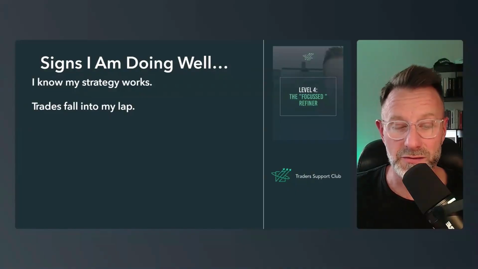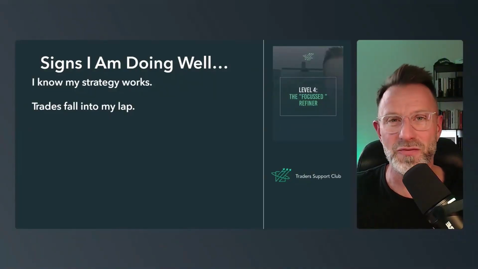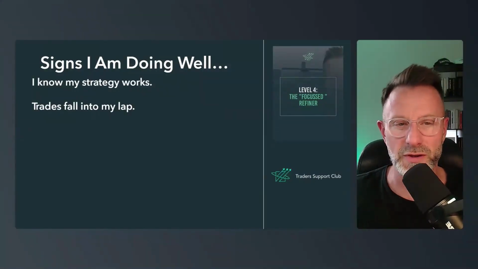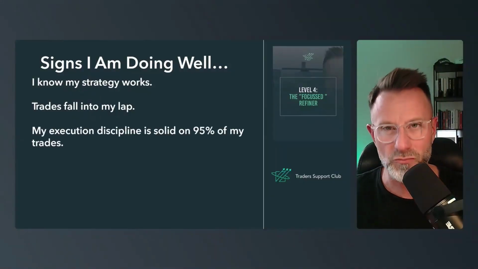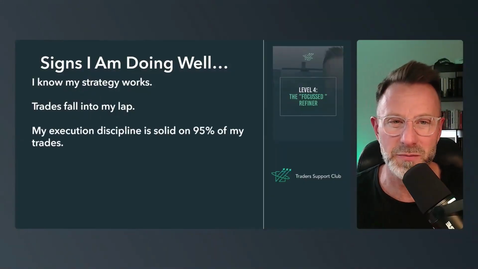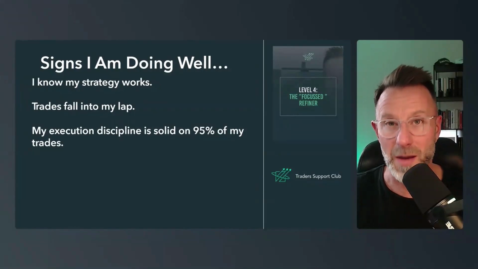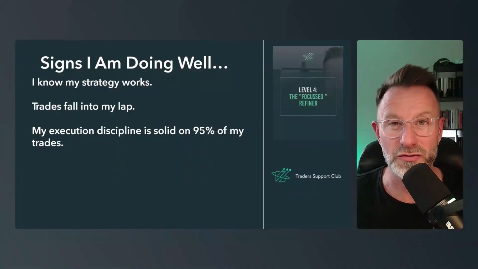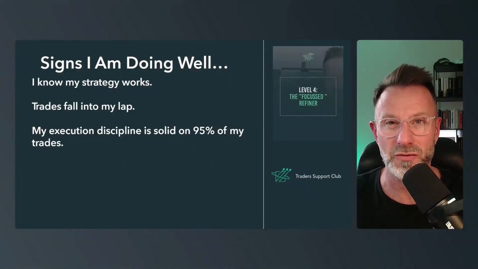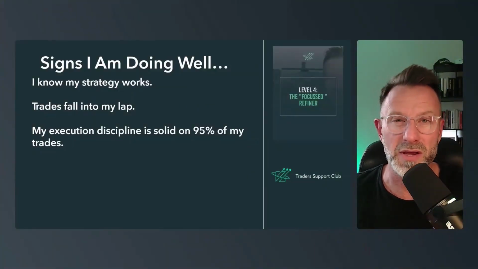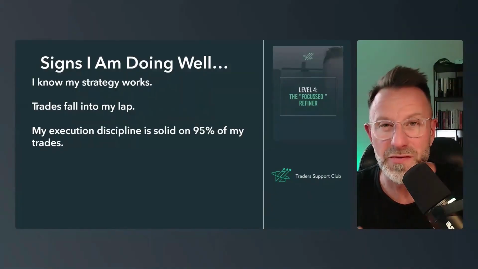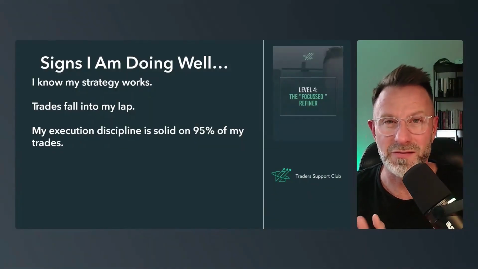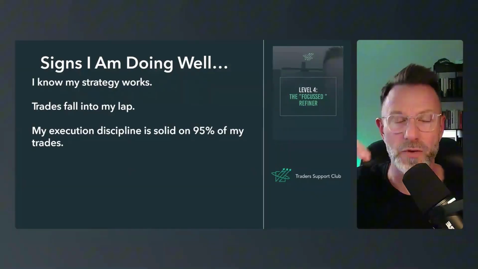And that's key. So all of those things start to fall into place, and you feel that because you're doing everything right and you're ahead of the trade setup. And you're solid 95% of the time on all of your trades. So that performance column, for the majority of those trades, is showing good. It's not showing CRB. It's not showing mistakes. They might have 5% CRBs, 5% mistakes, or early on in level 4, it might be a little bit higher. It might be that you have got 10% CRBs and 10% mistakes. That's okay, but we need to make sure that that comes down over time.